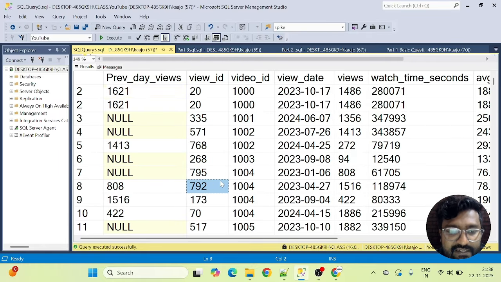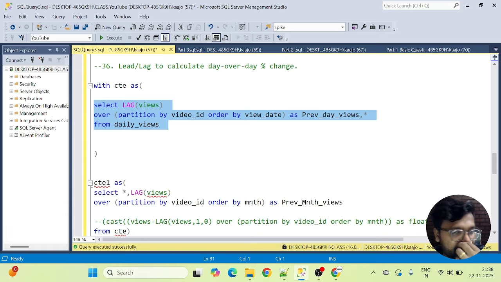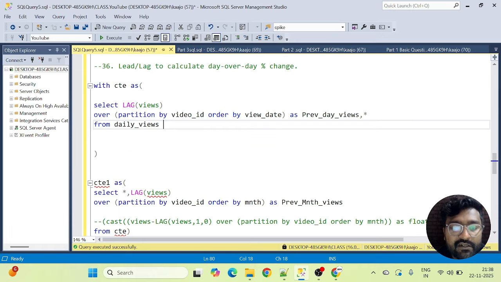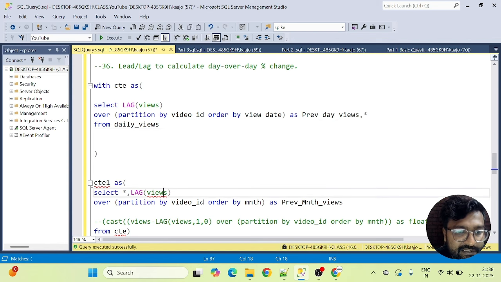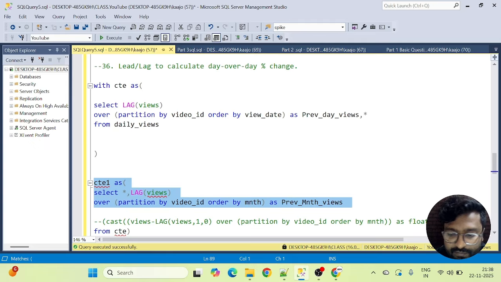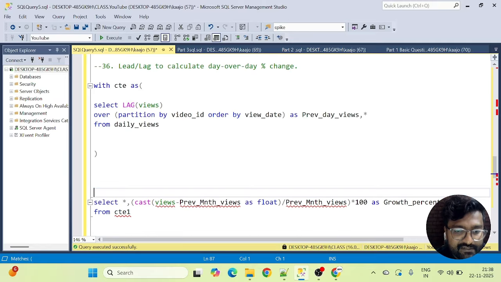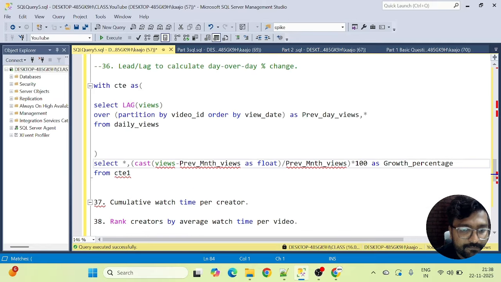It's very similar, the only difference between the previous question and this question is that previously we did a group by month of view date to get the total number of views, then we took the sum of views and then we applied the lag function. Now this time, because we have to calculate the day by day change percentage, we don't need any sort of group by, right? So that means we can actually get rid of this CTE now. Probably the rest of the logic will follow as it is that we wrote previously, right?